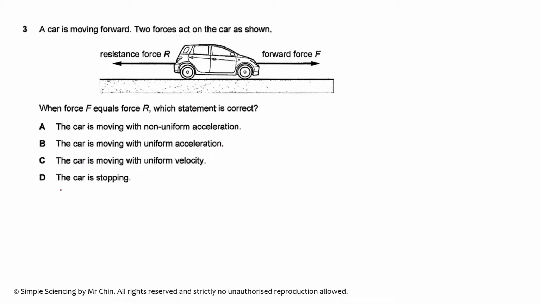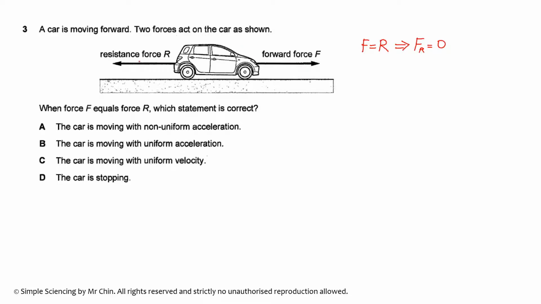Question 3. A car is moving forward. Two forces act on the car as shown. So there is a resistance force R and a forward force F. When force F equals force R, which statement is correct? So in this diagram, you are given that F equals R. So what does it mean when the forward force equals the resistance force? Yes, that's right. This will mean that the resultant force equals 0,